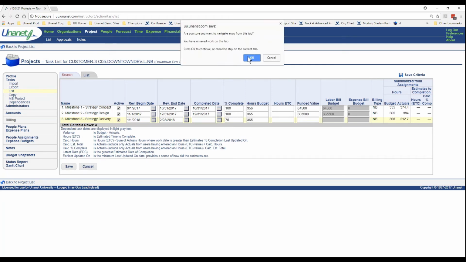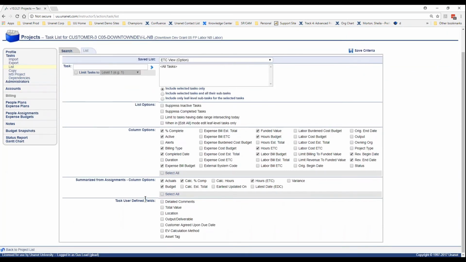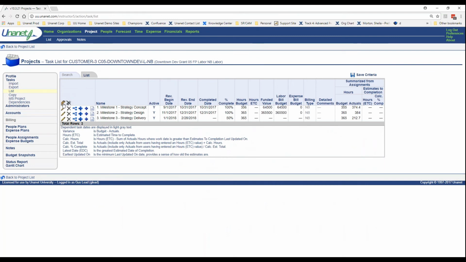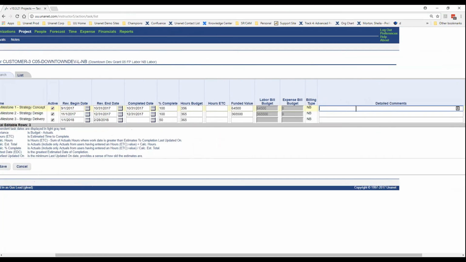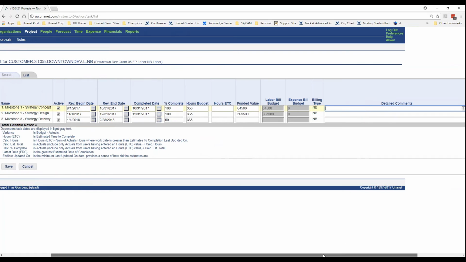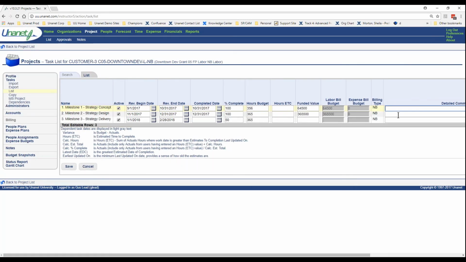Okay. One area here, just to keep in mind, this user-defined field. If I was to have gone over and chosen this particular one called detailed comments, it was important for this particular client when they set this system up. On the task side, I was able to go in and give that user an opportunity to put in a detailed comment. So that is certainly one option, but it lends itself nicely to a segue for me